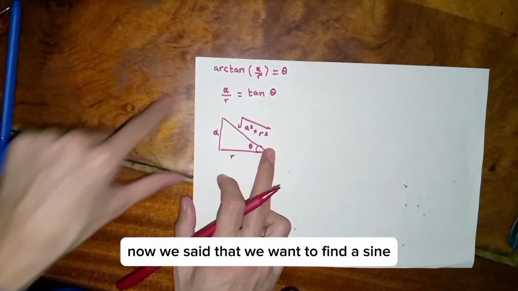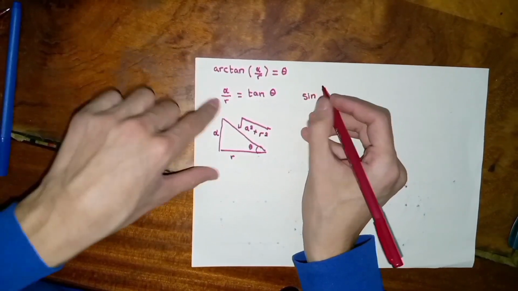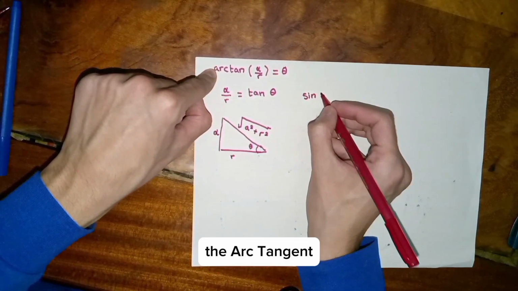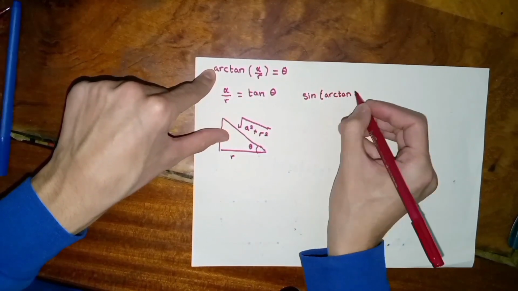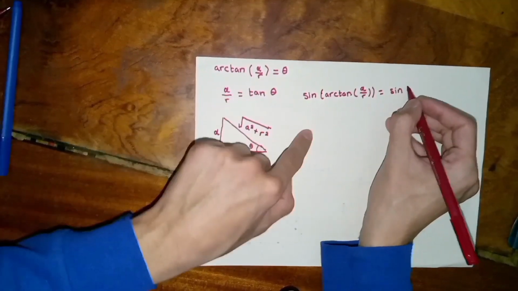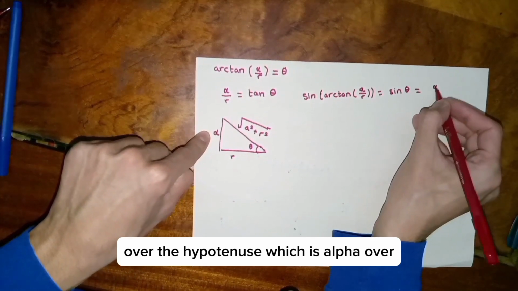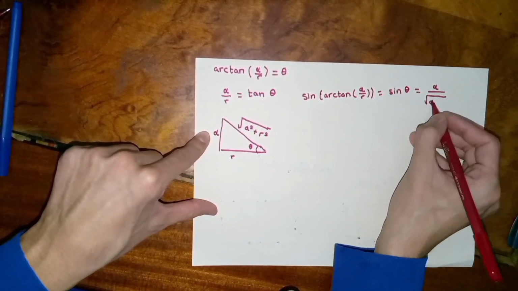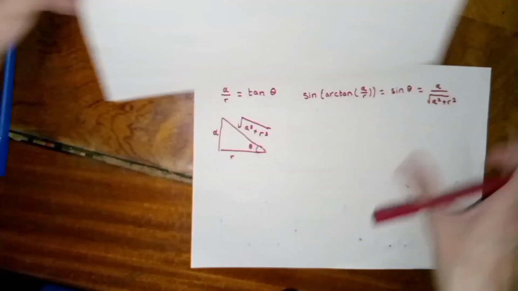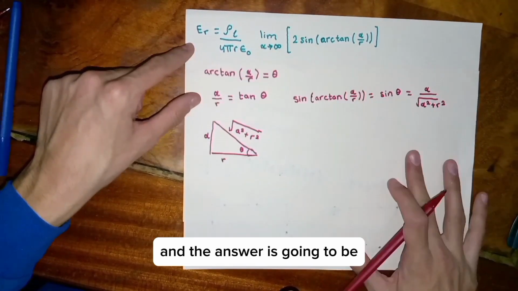Okay, now we said that we want to find sine of the arctangent of alpha over r, which is the sine of theta. The sine of theta in this case is the opposite over the hypotenuse, which is alpha over the square root of alpha squared plus r squared. Okay, now let's substitute this. Now substitute this for this term, and the answer is going to be,